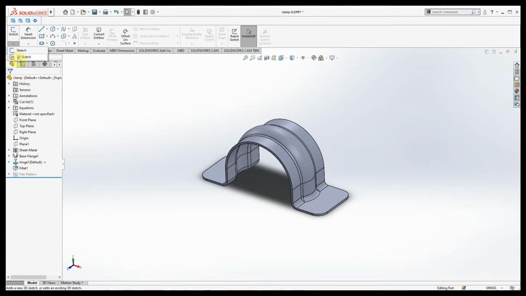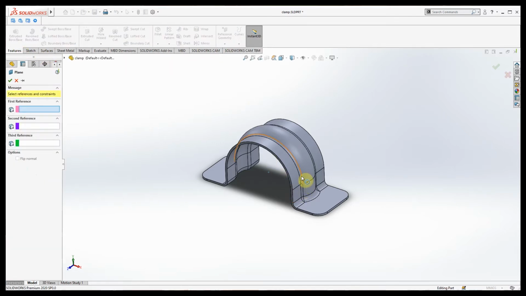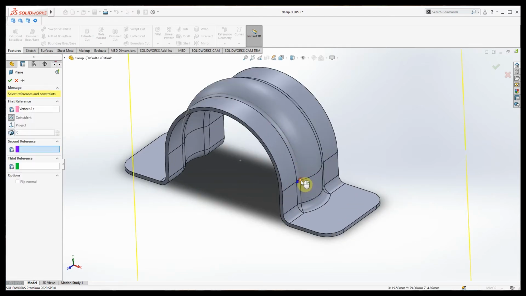That is, we first create the path. Go to 3D sketch, select the edge and convert the entity, and just exit the 3D sketch. Go to features, select the plane option and select the end point of this curve.